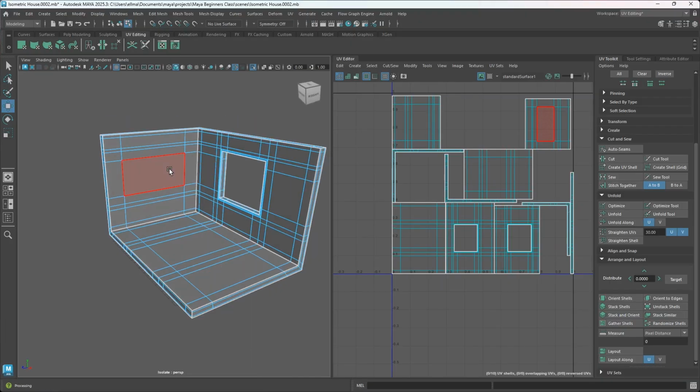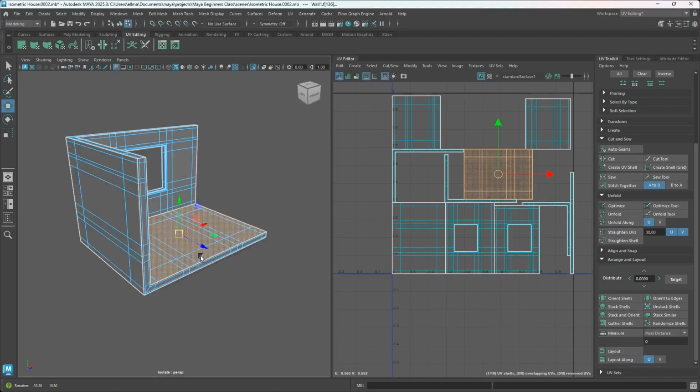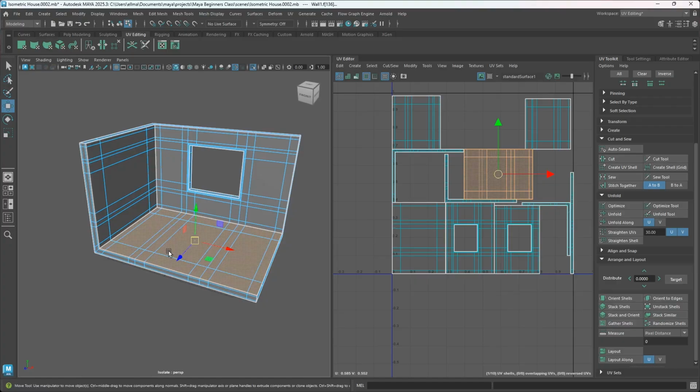All right, so now you can go into the face mode and just select everything here just to make sure that all your UVs are complete. Or you can go into UV shell and just try to verify that all your UVs are here. This should be for the window frame. All right, that is it. So everything is looking good and perfect. That is it. All right, so now we're done